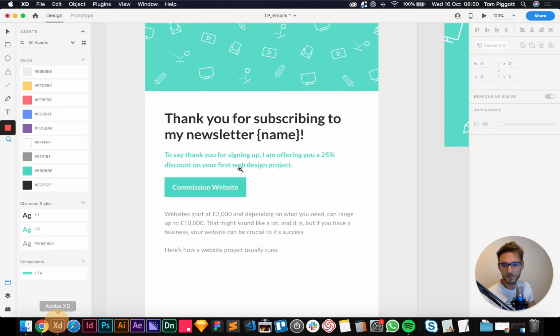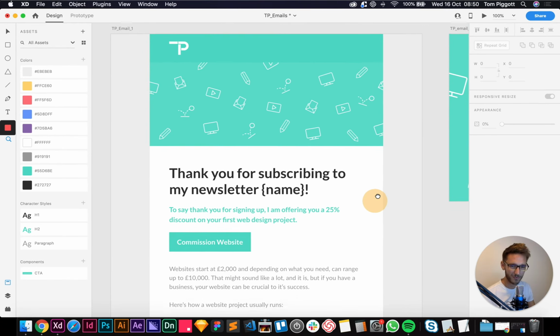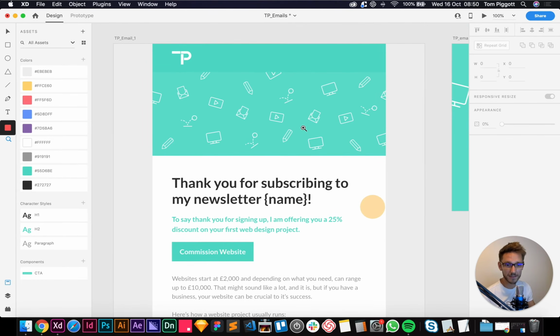If somebody's reading this email, we want to get our branding in at the top, obviously, and we want to get a call to action in above the fold. The fold is what people call the first part of an email before you can't see the invisible bit underneath. So before you have to scroll, you want to get your main message and your call to action up in the top there. If you don't, someone might open it and say, well, what's the point of this email? Delete it. Or there's no branding, I don't know who this is, delete it.